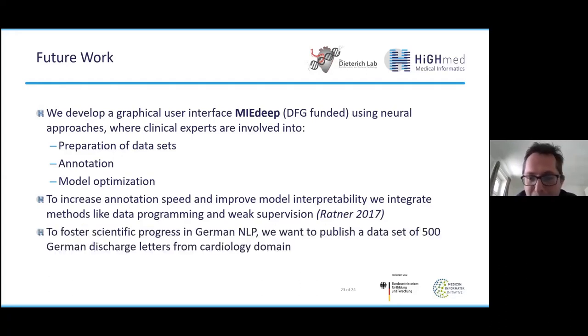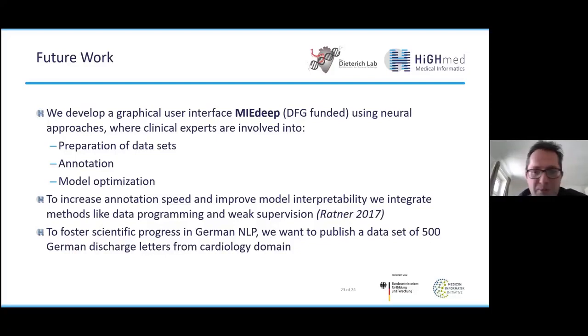Another very important fact, and the reason why clinical NLP, especially in the German area, is still in its infancy, is not just the de-identification problem, but also that we don't have shared corpora. The NLP community typically works like this: somebody creates a corpus with some annotations and releases it to the community.